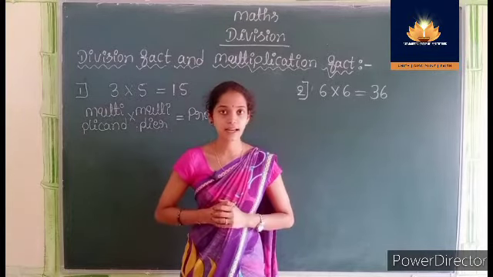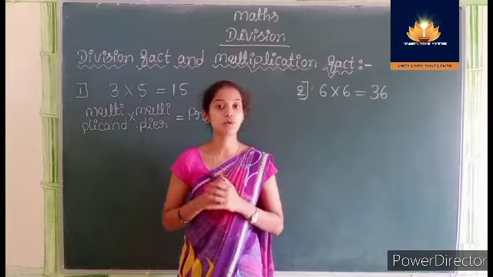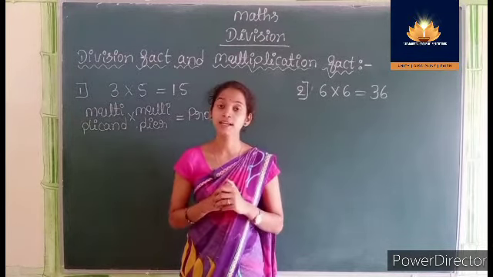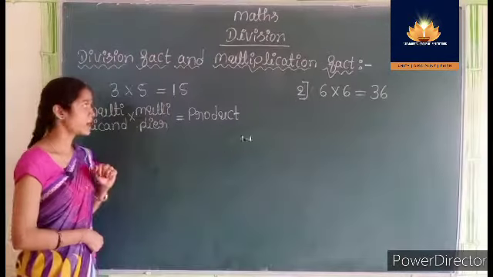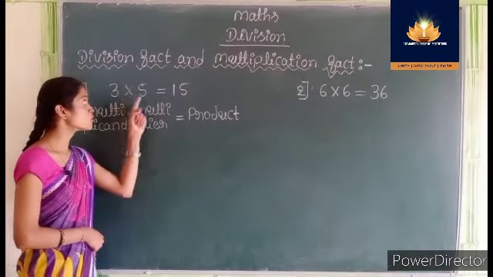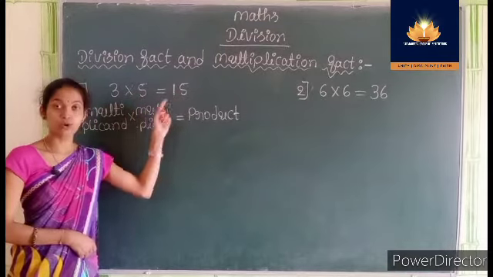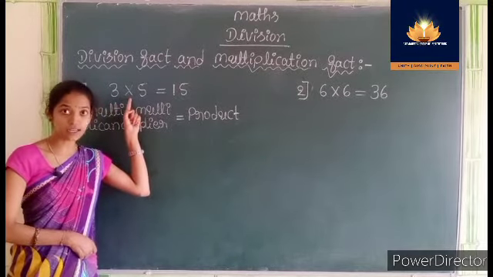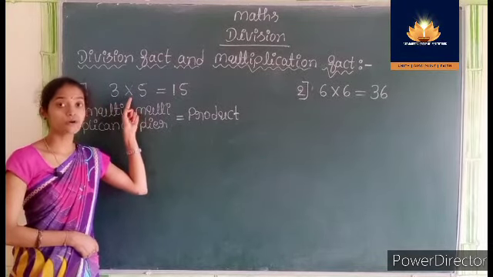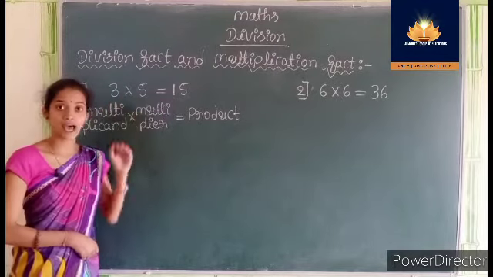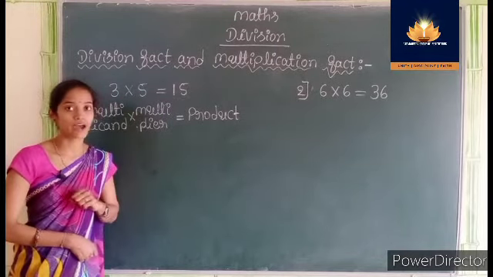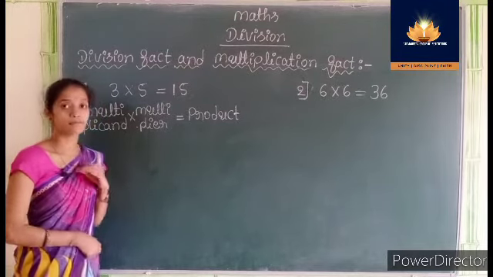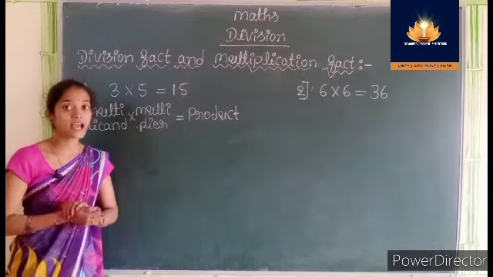Students, have you understood about division? So let us move on to our next concept, that is multiplication fact and division fact. See students, 3 into 5 is equal to 15. Here this is the multiplication symbol, right? So we call this sentence a multiplication fact. Okay, we can generate division facts for this multiplication fact. Let us see how it is.